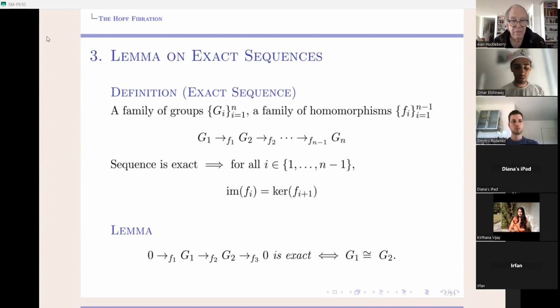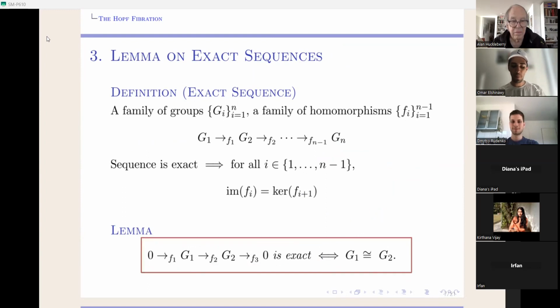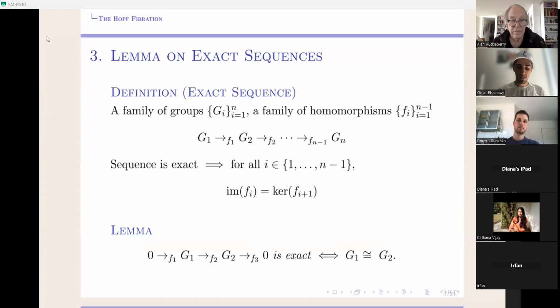So when I was preparing for this talk myself, I wasn't sure that such a simple result could be so influential. And I mean, if you want to prove this, well, you start with the isomorphism, and then you go by the definition. So if this is an isomorphism induced by some map, let's call it F, and then what you have is